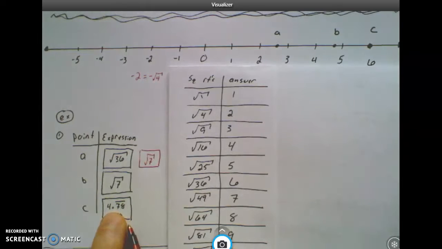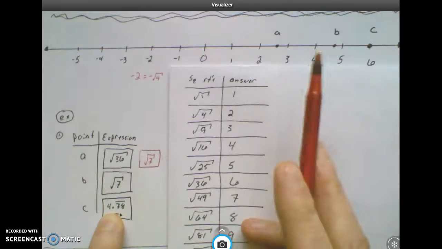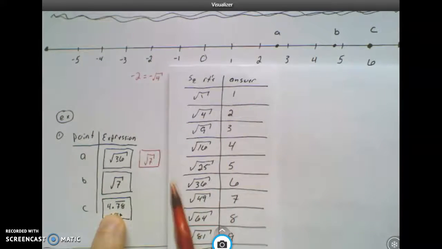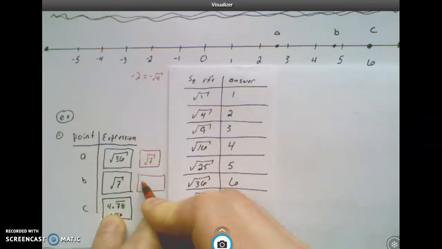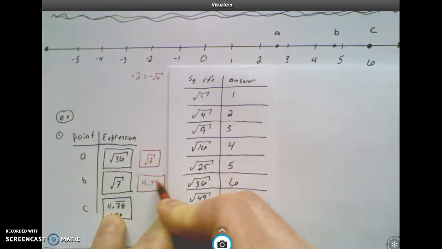Okay, and I wanted to do this one because on Khan Academy they also will write them like this. Remember, this little bar just means that this 7, 8 is repeated forever. So it's going 7, 8, 7, 8, 7, 8, and so on. Okay, but really we're not worried about that. We're just recognizing that this is somewhere between 4 and 5. So this is B here. Again, I can't drag it, so I'm just going to rewrite it. So this is going to be 4.78